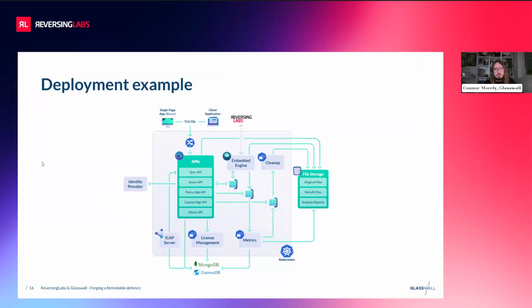All the processes would either come through a client-side application, there's a web interface as well, or this can be put directly into your pipeline via the API calls, and this can be linked directly to your ICAP server, as mentioned before, for network traffic as it is incoming. As part of the process, it goes through the CDR embedded engine, which is the Glasswall CDR processing, as well as going through ReversingLabs for reputation analysis, which generates an analysis report and feedback, which allows you to decide how that file is going to behave,